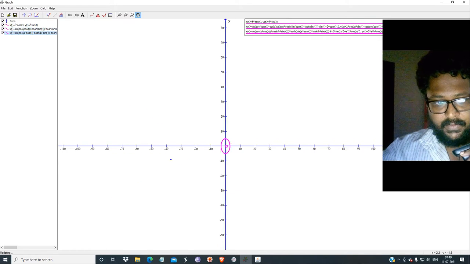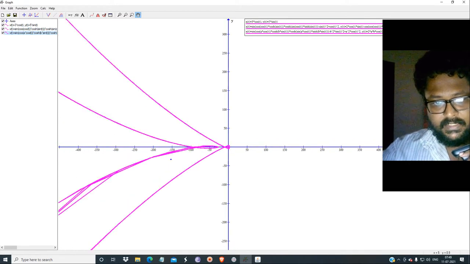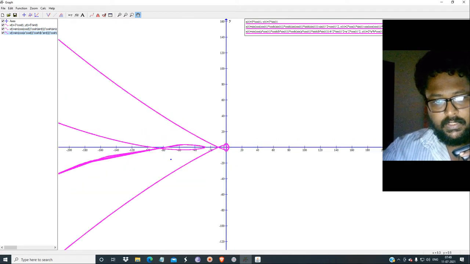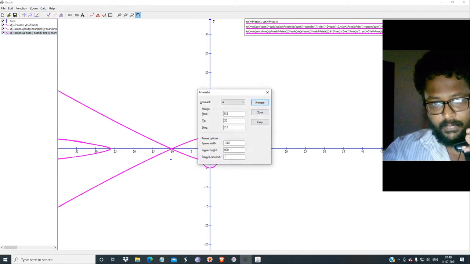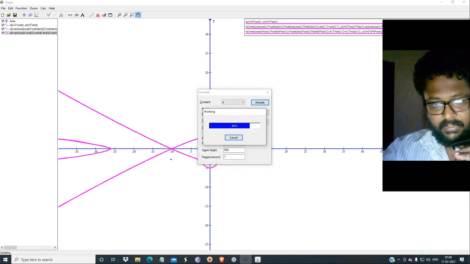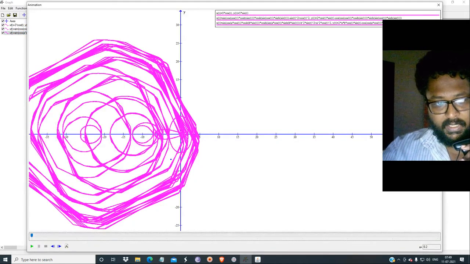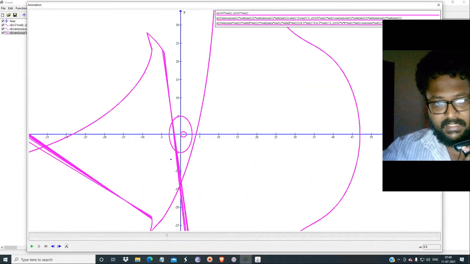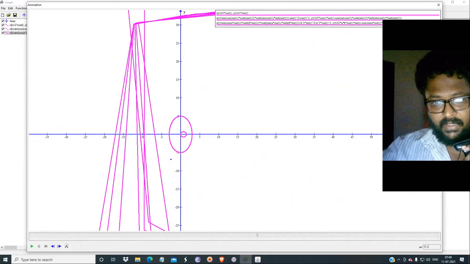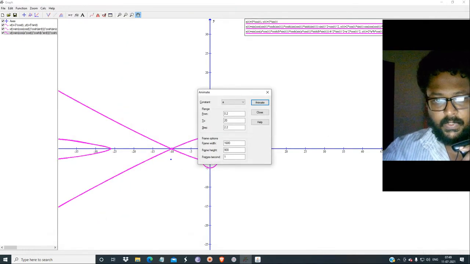So you get a very bizarre function which is progressing in this manner. Okay, so this is the ellipse being deformed. When I go to this calc animate and tweak the values of a and b, what happens, you see. You can see that it is being deformed into very different kinds of curves.